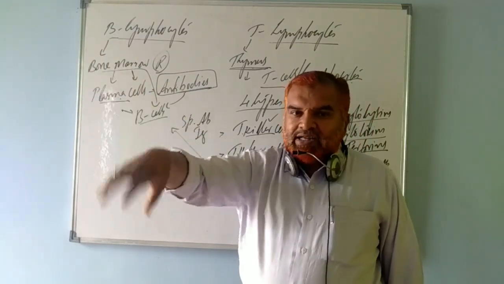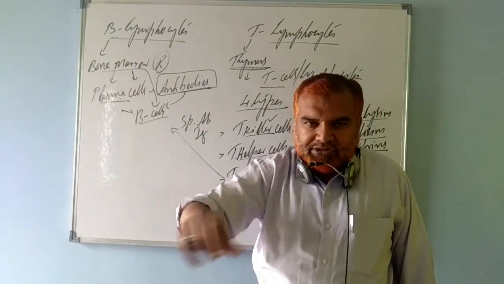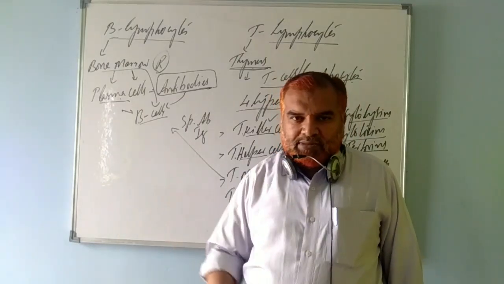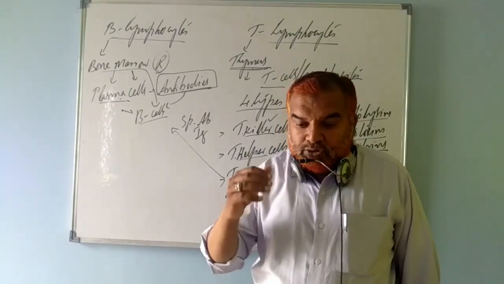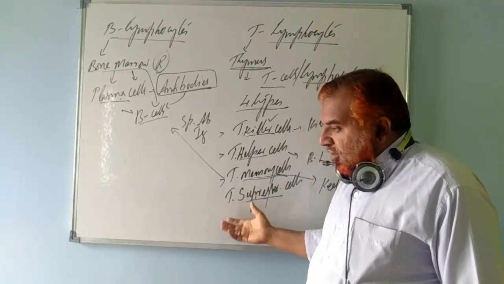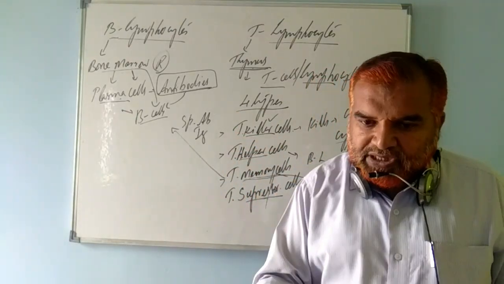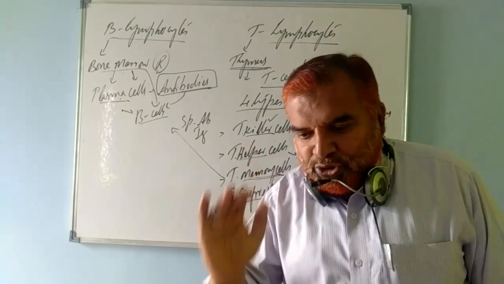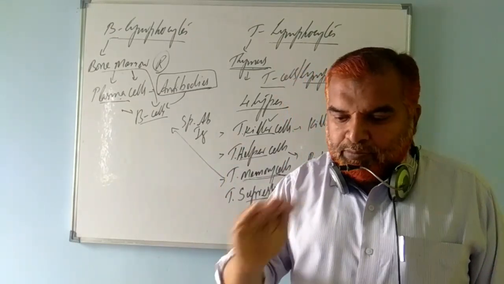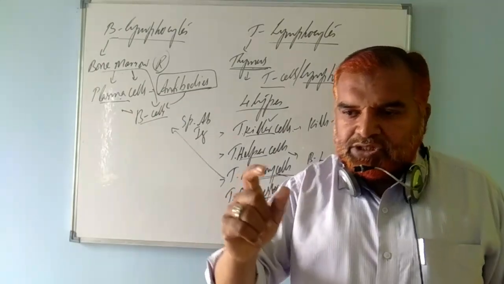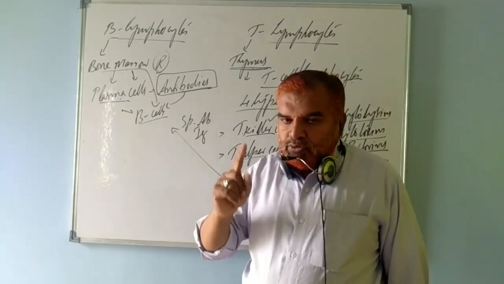Some cells are required, some bacteria are required by the body. These cells check the function of all these cells, they slow down the immune system, they put brakes on the immune system, they give hints to the immune system not to kill the